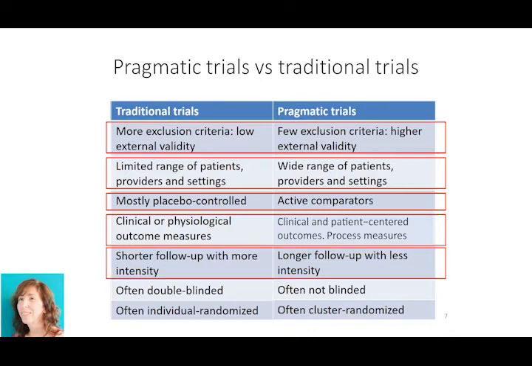In general, in traditional trials, the follow-up is shorter and more intensive. In pragmatic trials, the follow-up period tends to be longer. For example, when our research question includes factors associated with sustainability and less intensive